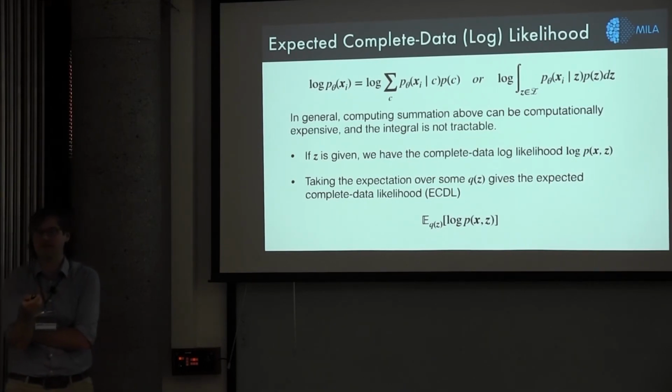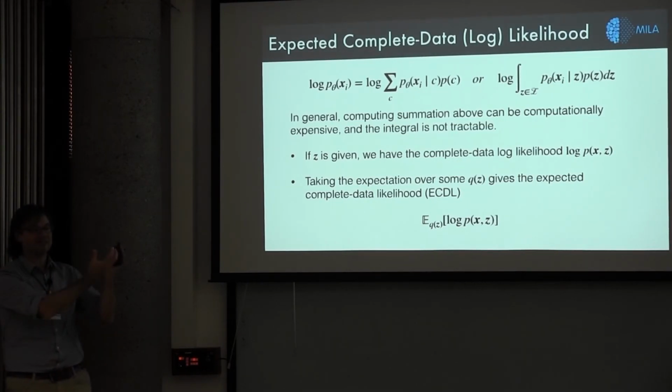And this is that thing I was telling you about at the very beginning of this talk, that with these models, we can't actually express a tractable density. We actually have to approximate it. This is where that approximation comes in. Because what we're going to do is say that, well, if we knew Z,